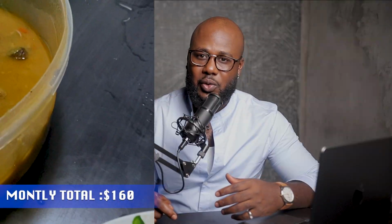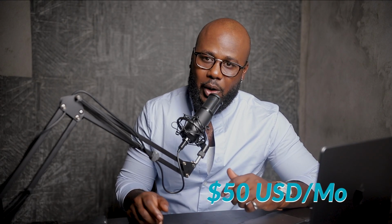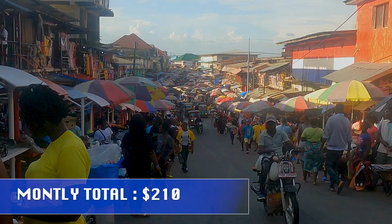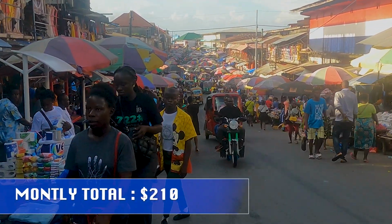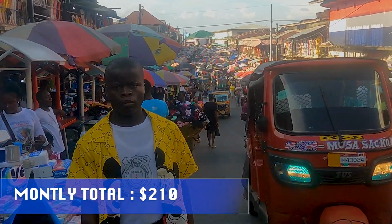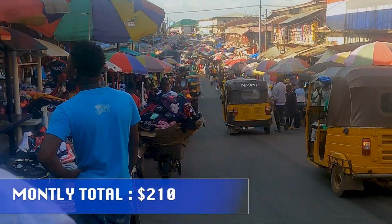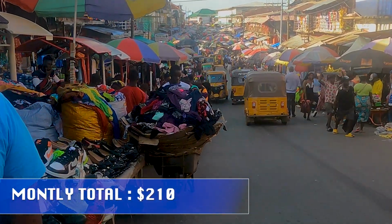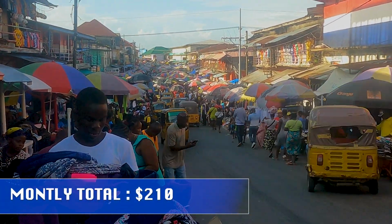And then also you'll be looking at getting water, right? Water is probably a little bit more. It's hot out here, so people drink often. So you'll be looking at about $50 a month on water, and I'm not talking about water for bathing and things like that. That's also a different expense. This water will be just bottled water, really, because the water coming in your home, you can't drink that water. It's coming from a reservoir, or water and sewer, which is basically not safe